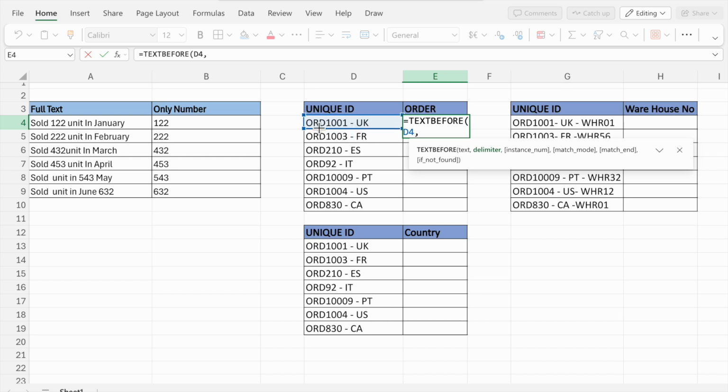A delimiter is what separates the parts. As you will see, I have separated the order ID and UK with a dash.